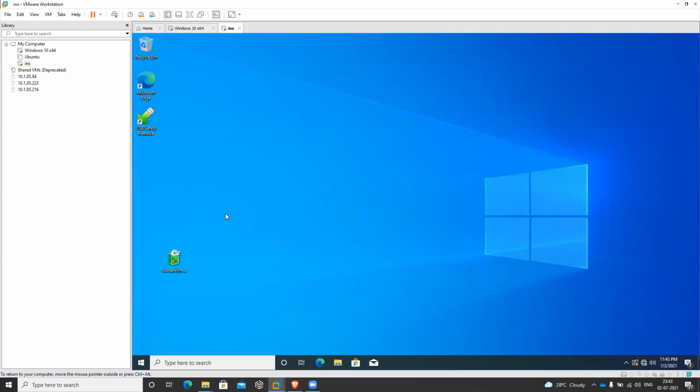Now if you launch USB Safely Remove, just wait for a second. You should get a prompt here.